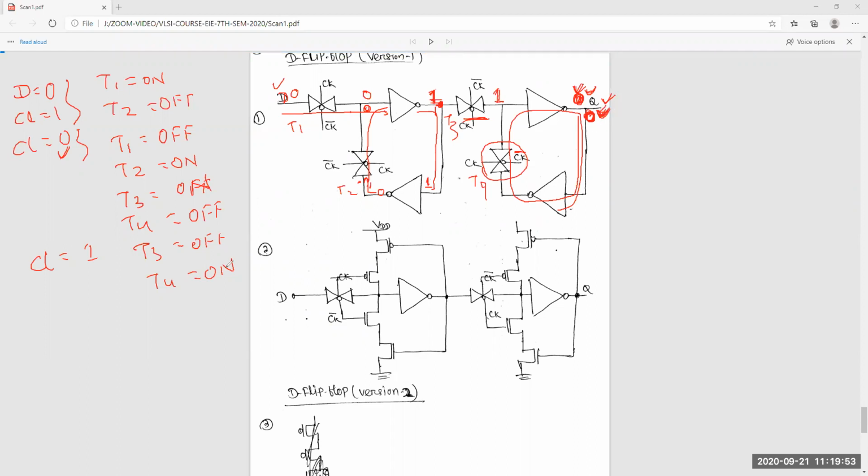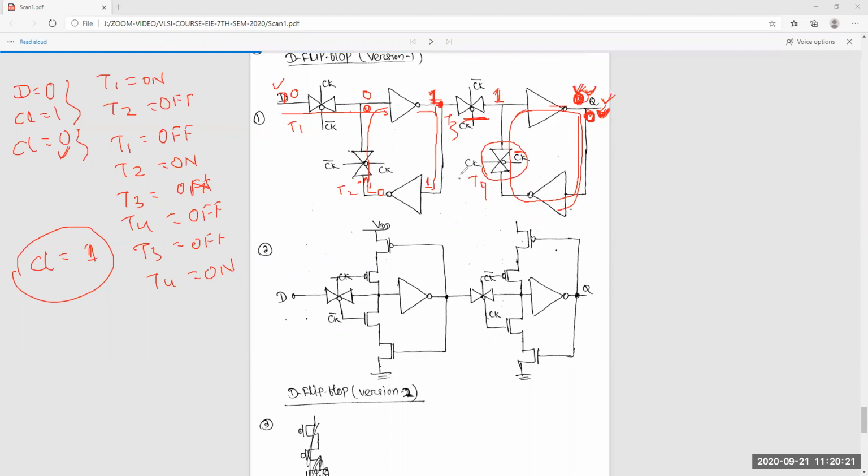Okay. So I can say this is a positive edge trigger. That means when clock is equal to 1, or no, clock is equal to 0. When clock is equal to 0, then 0 came.